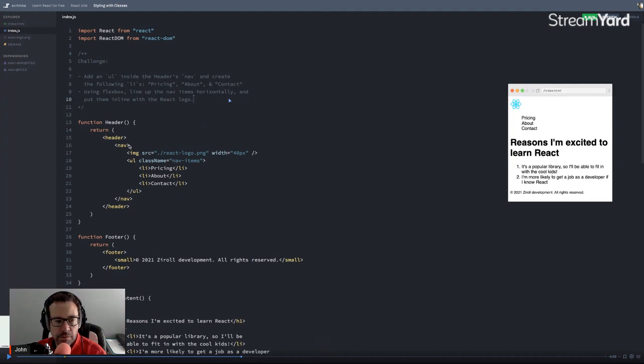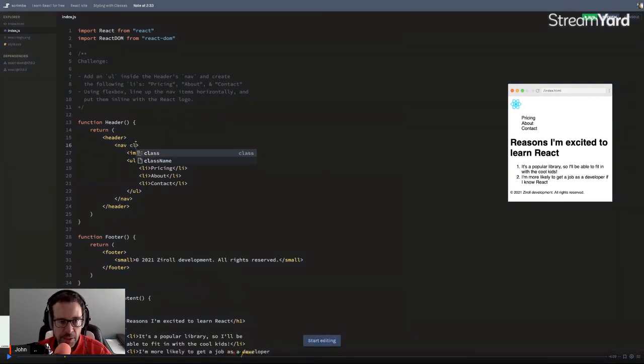Okay, so we need to target the whole nav to vertically center, and we need to target the whole nav for its child items to become flex items. Jut that to the left, jut that to the right. Right. Okay, so we need to give the nav a class. Class name. Camel cased, I've noticed, as Bob just said. It matches the DOM scripting way of doing it, I guess. The way, a hell of a lot more intuitive than